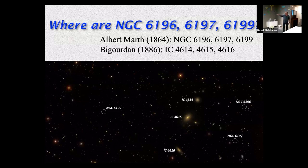Well, there are 3 NGC numbers that, if you look at the circles, you can see just fall on a blank. There's nothing there. And so they were just lost. I use "lost" meaning no one knew where they were. But when we went back and looked at the original notes, we were able to find that all 3